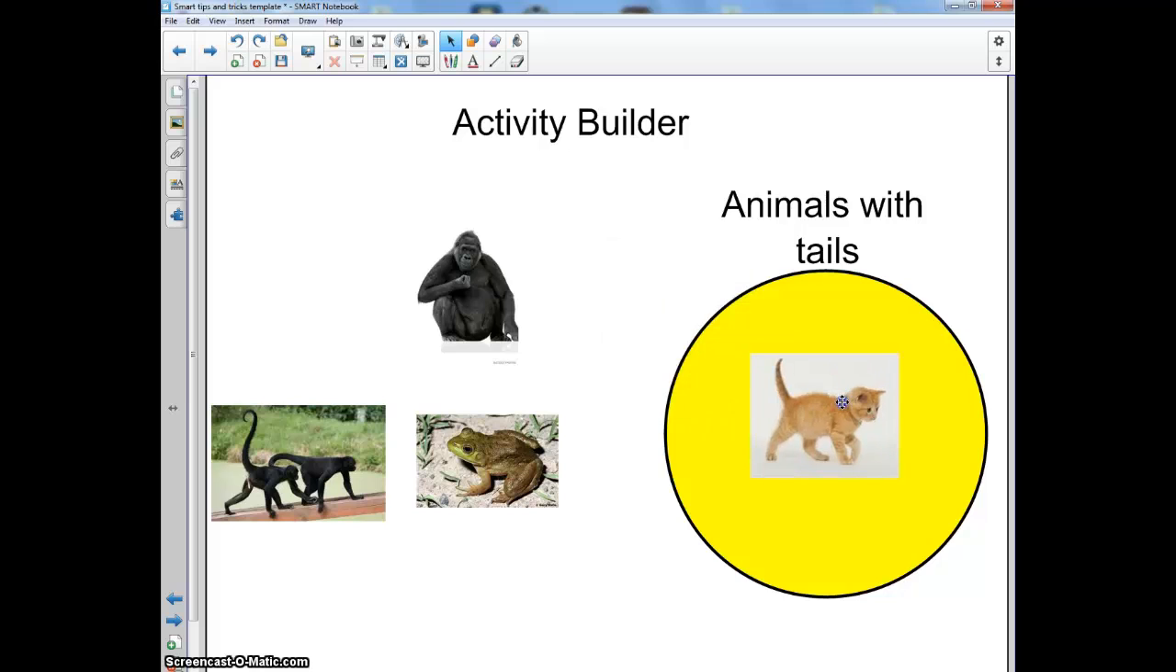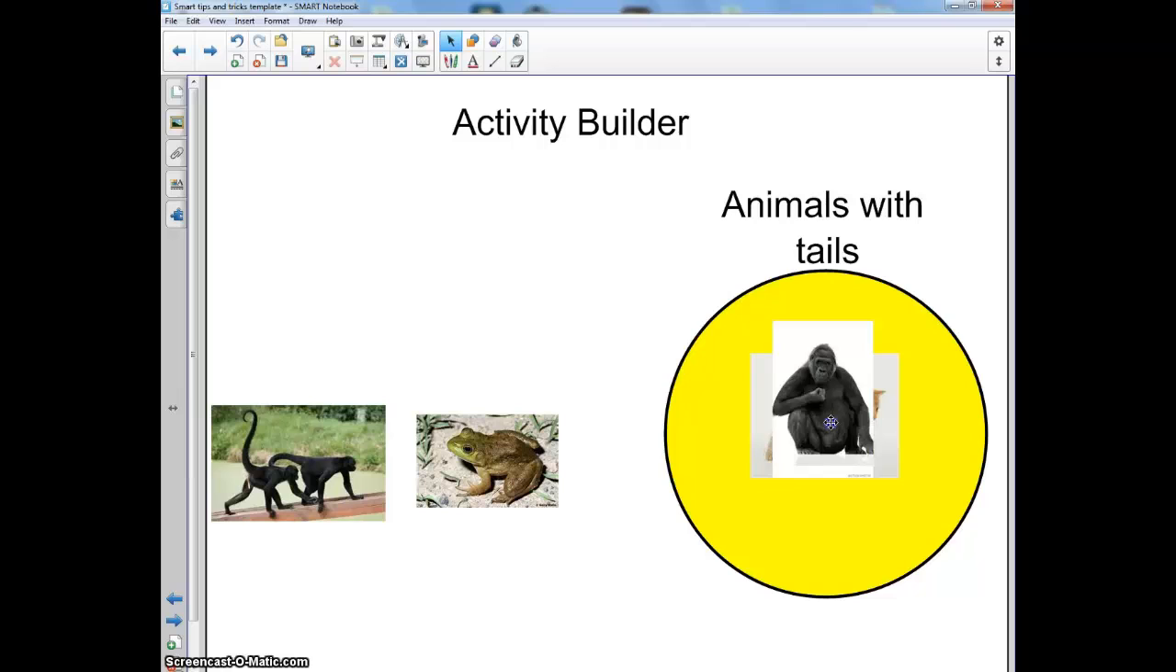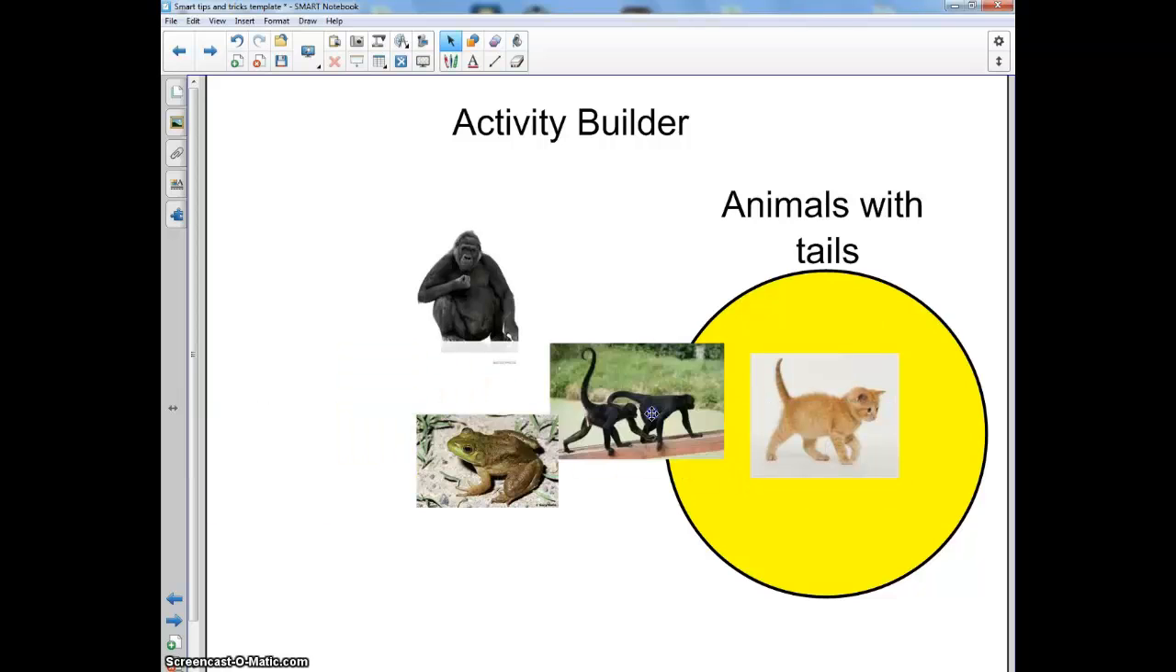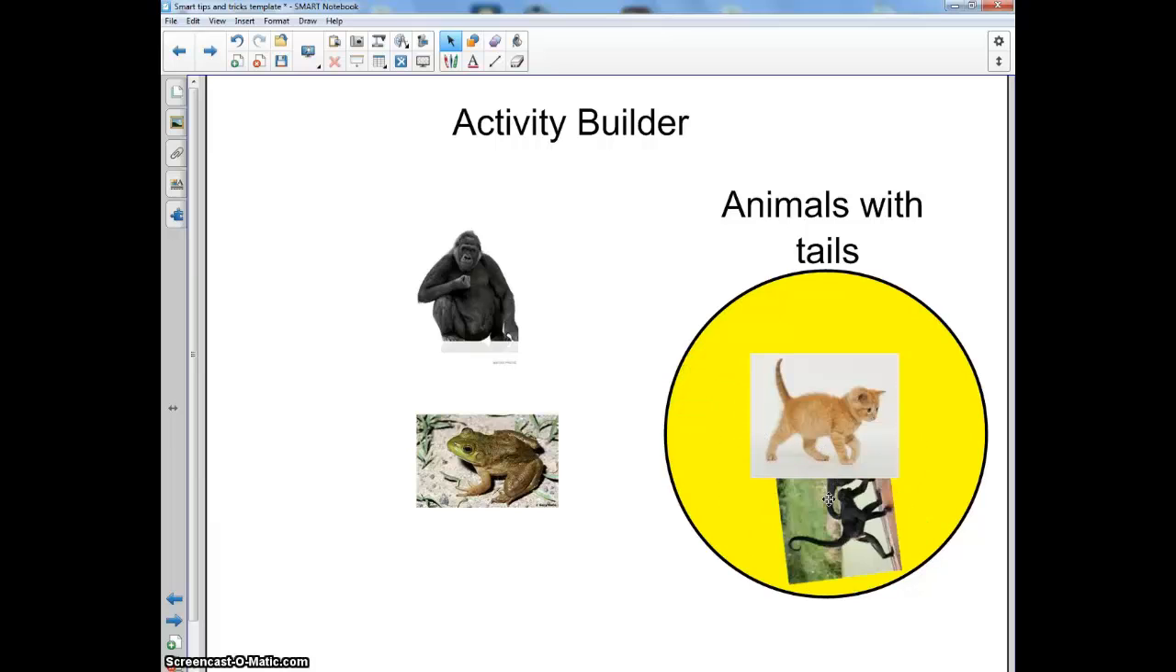I drag the cat over, it has a tail, and sure enough, it spins, telling the students that's correct. Grab my ape, and that was wrong. As soon as I let go, you notice it snaps right back to where it was. Frog, same thing. Monkeys, spins, good. So that's how Activity Builder works. You can create rules. You actually can create rules for several different pictures. So if you would like them to categorize different areas, it really is limitless according to your imagination. So feel free to explore, and you can come up with some fun